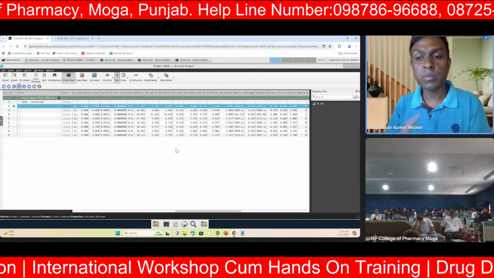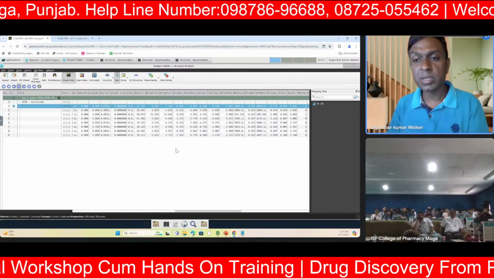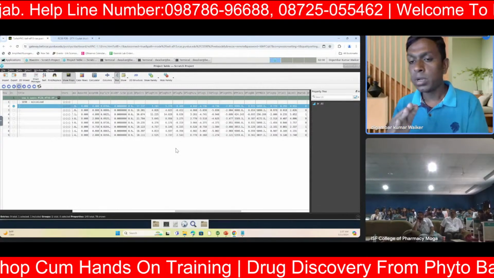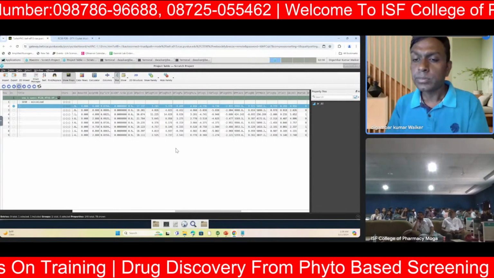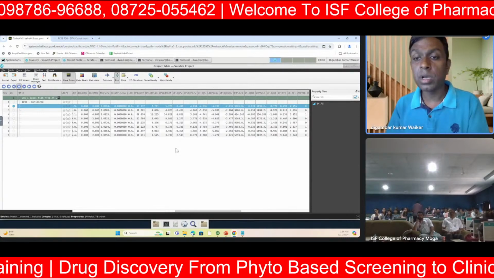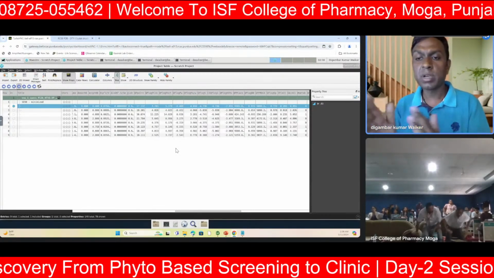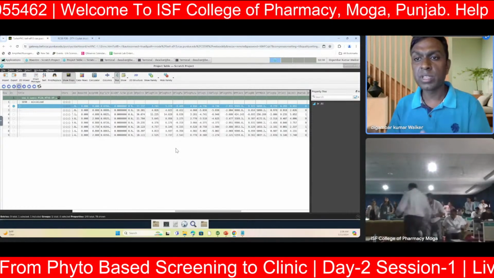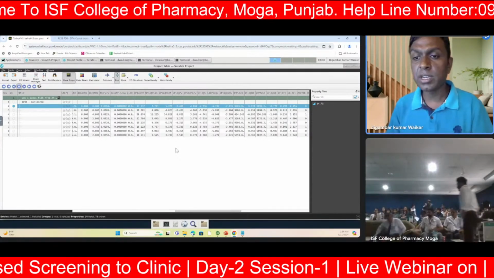So it says your molecular weight has to be below 500. Hydrogen bond donor and acceptor should be below 5 and 10 respectively, and QlogP value, which is lipophilicity, should be between 3 to 5. So these are some of the parameters that you'll have to always consider, because